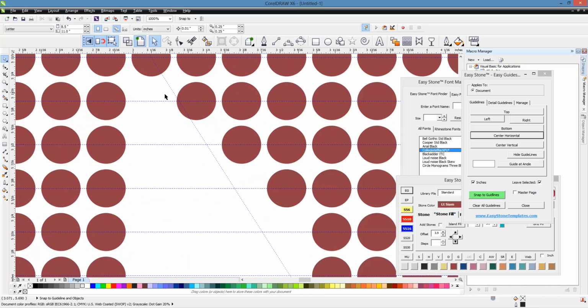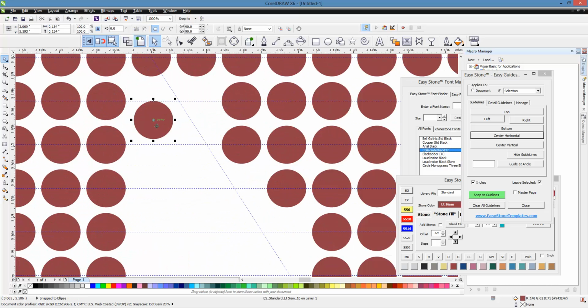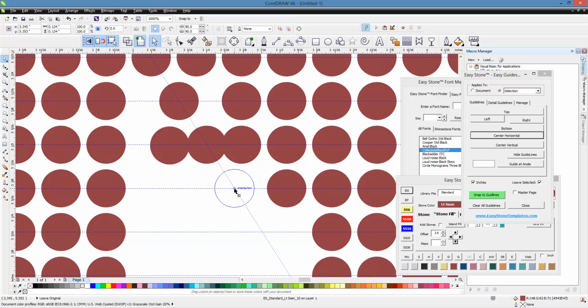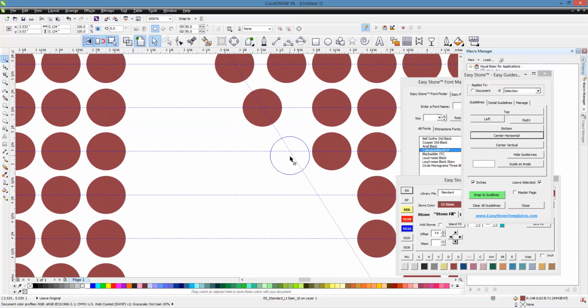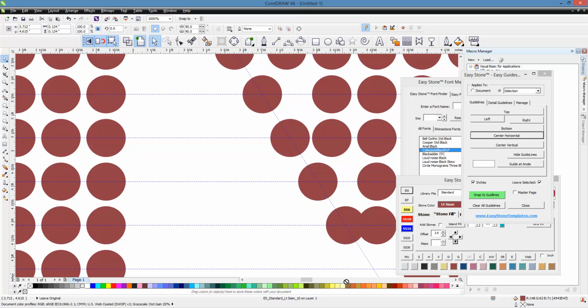So now all I have to do is take a stone and position it over the intersection of those guidelines, and that will position that stone. So I could do that for every one. So I can hit spacebar, spacebar. You just wait till it says intersection, hit the spacebar, move it down, come back up, intersection, spacebar. Intersection, spacebar, intersection, spacebar. Move it down,